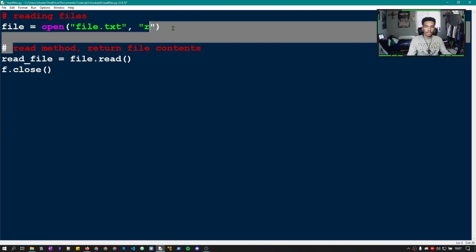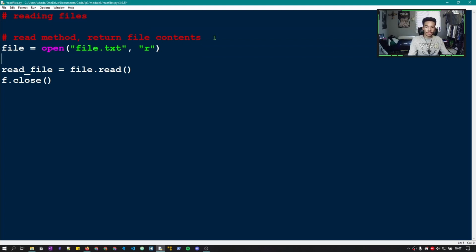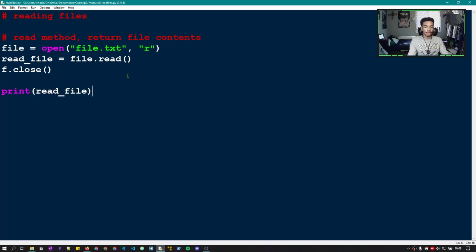All right, I'm going to make this line a part of the section. So right here you can see the file.read, and this read method will return the file contents. So now we can actually print the read file, and if we run this,